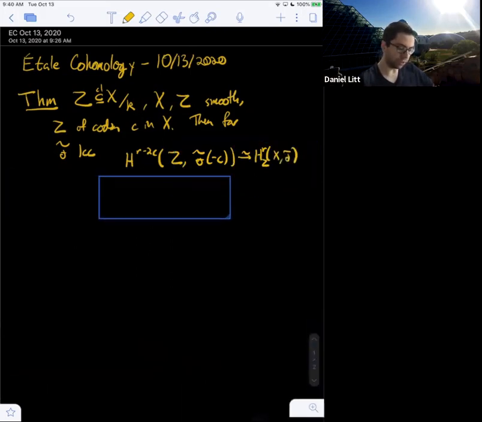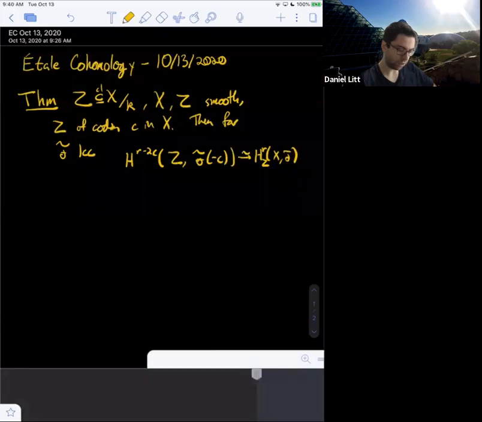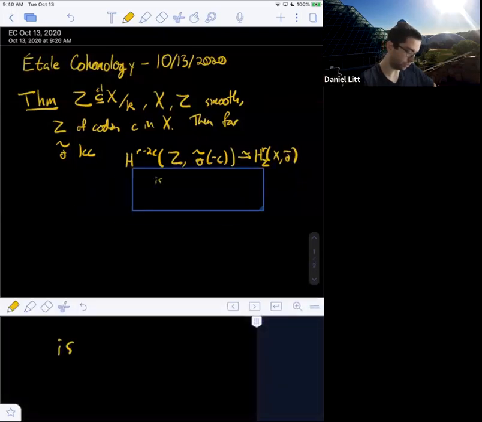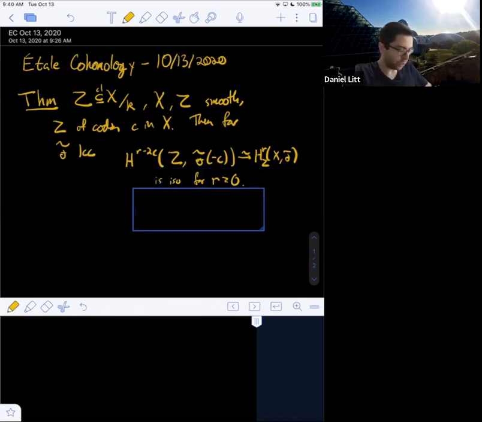So what you should think of is this as a computation of this group. And this is an isomorphism for all r.